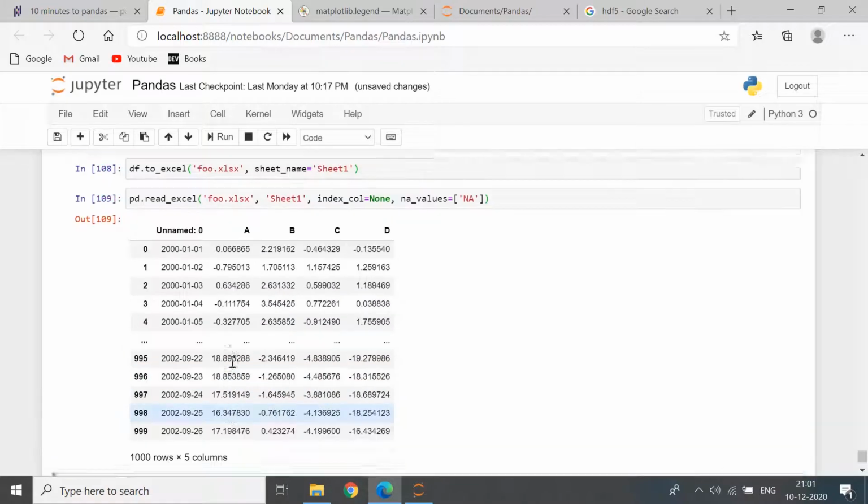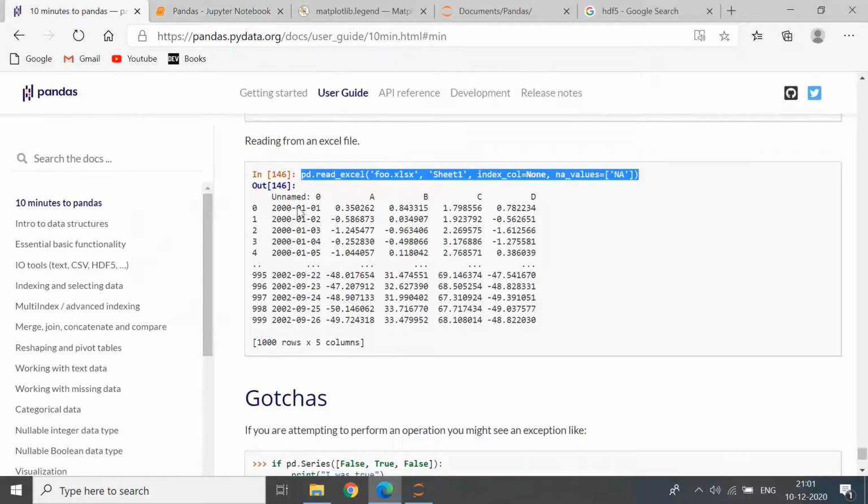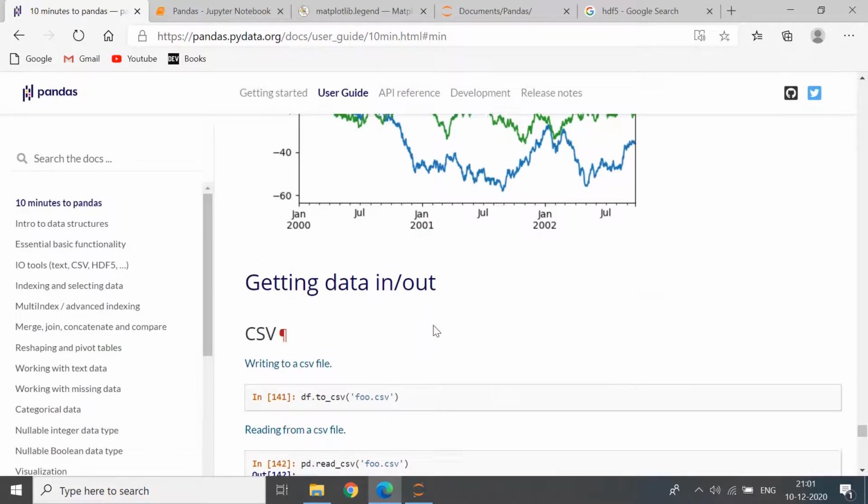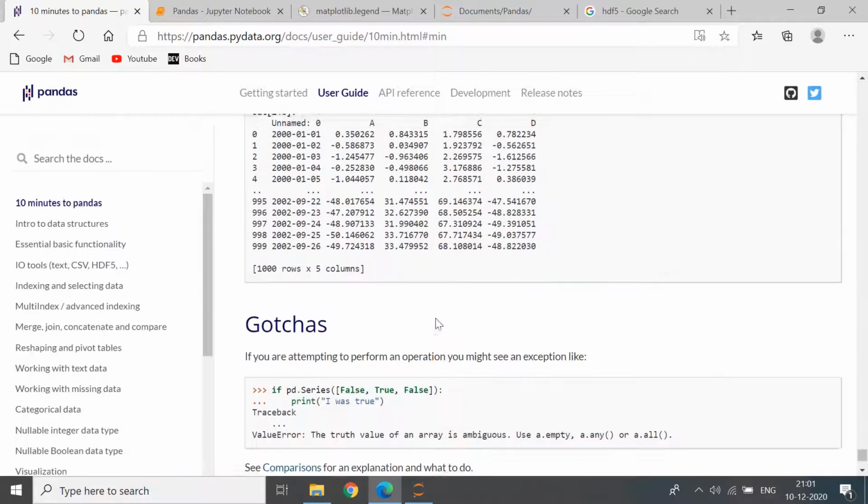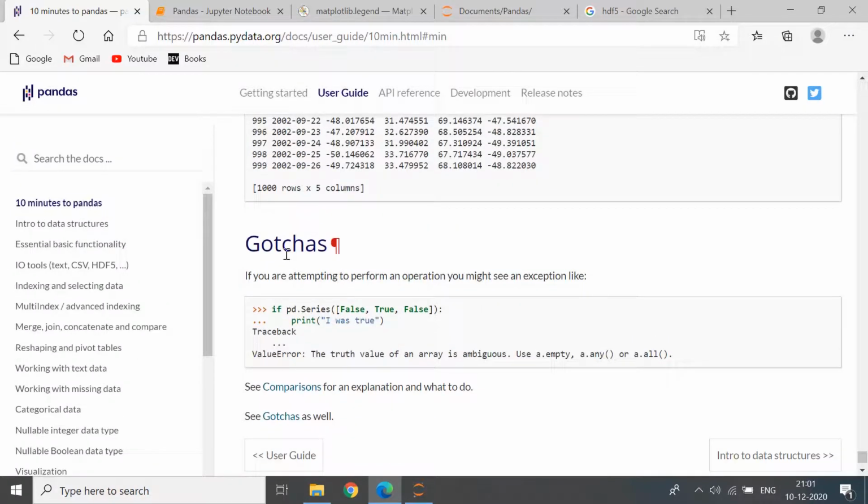So here we have this, and just like that, we are done with the getting data in and out section. Now we are at this final gotchas part. I'm not quite sure how you pronounce that. If you are attempting to perform an operation, you might see an exception like this. If pd.Series([False, True, False]): print("I was true").